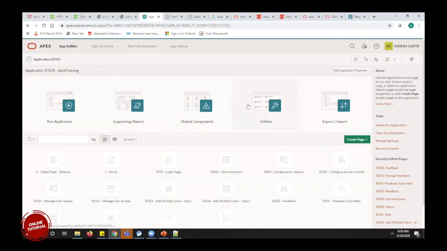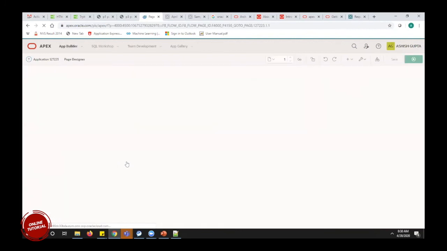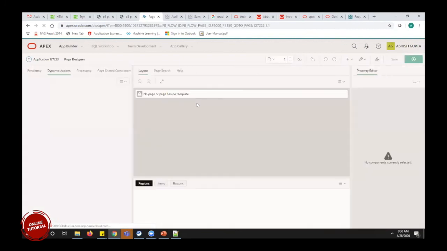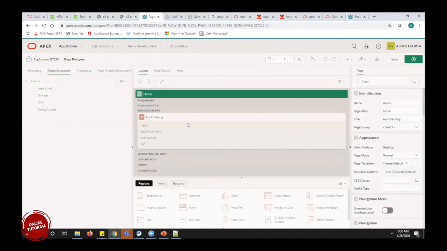Ashish, could you please come again? As I said, this is a web browser application. If I have a page, that is page home one, and I have 5 developers in my team accessing this home page parallelly, one single page, for example page one, then the page one is accessed by all 5 developers at a time.